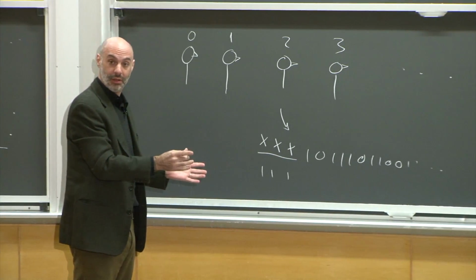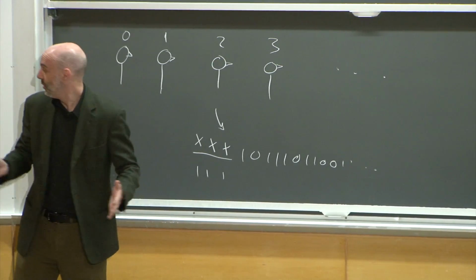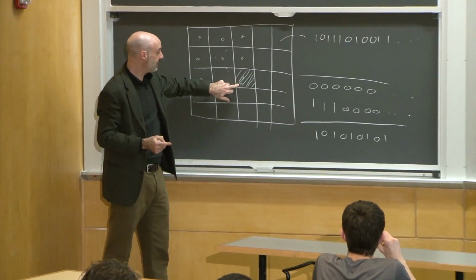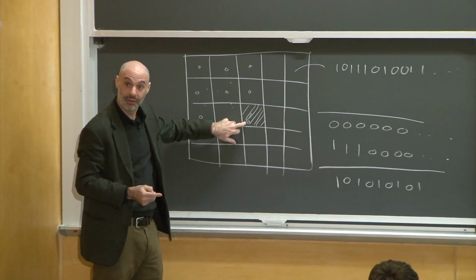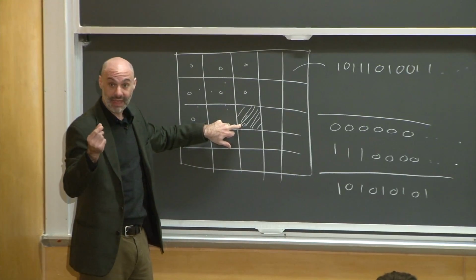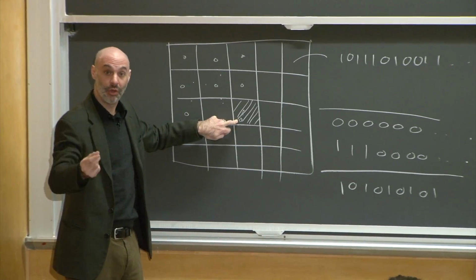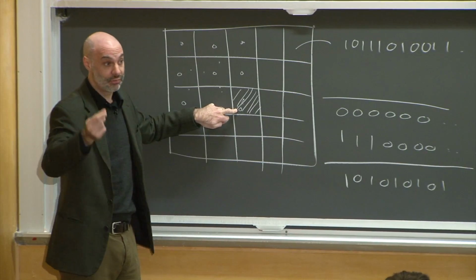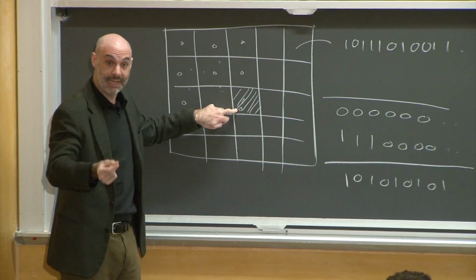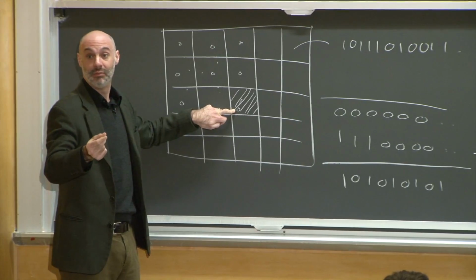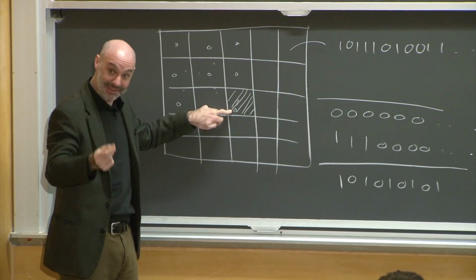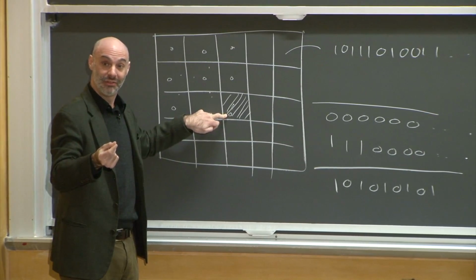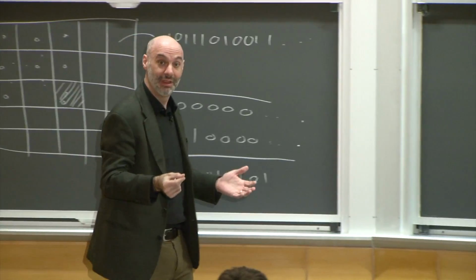So what's going to happen? Well, this is what we know. We know that they're choosing in accordance with a representative, and we know that the representative and the actual sequence are in the same cell. So we know that the representative and the actual sequence disagree only finitely. So if everyone chooses in accordance with the representative, only finitely many people are going to get it wrong, because there are only finitely many spots where the two sequences disagree. So at most, finitely many people are going to get